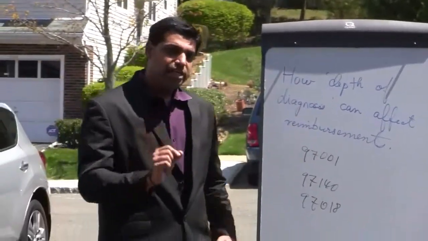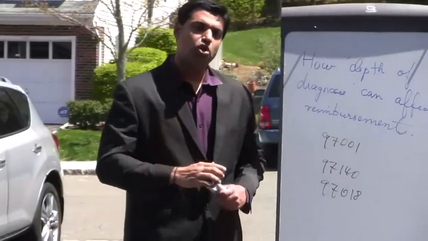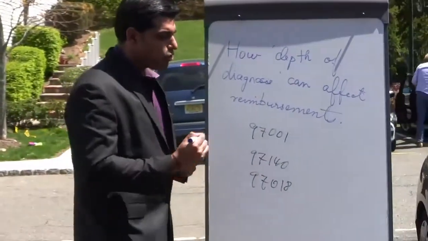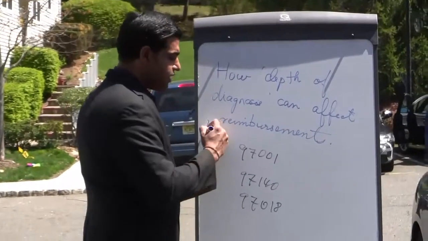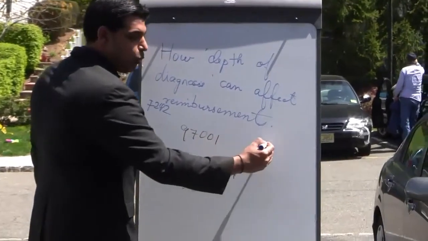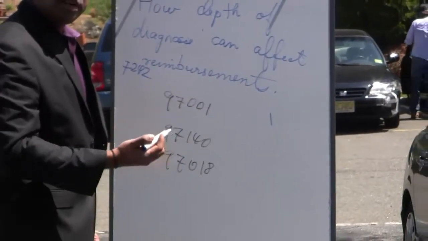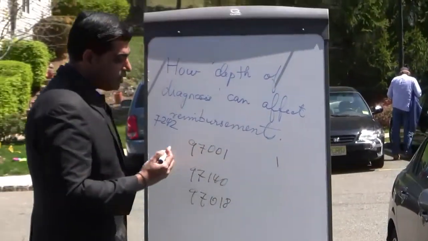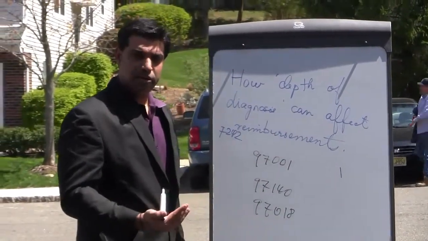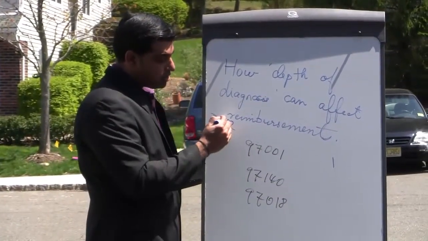Now it's important for each of these CPT codes that you are billing for to have what's called a supporting diagnosis. Here's what that means. Let's say you're doing all this for lumbago, which I think, if I'm not mistaken, is 7242. So you put the number 1 in the diagnosis pointers column of the CMS 1500 form next to 97001. Now you're telling the insurance company, or Medicare, whomever you're submitting this to, that this evaluation was done for this particular code, 7242.